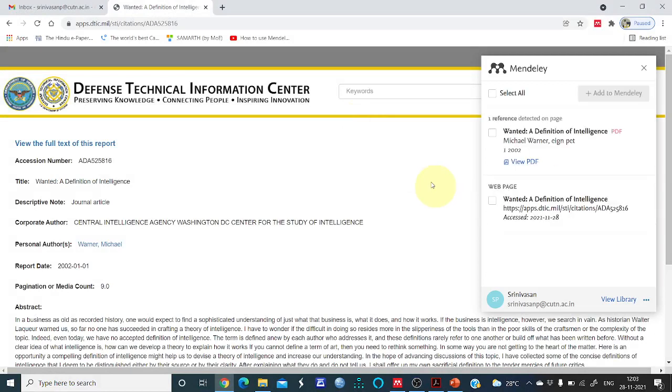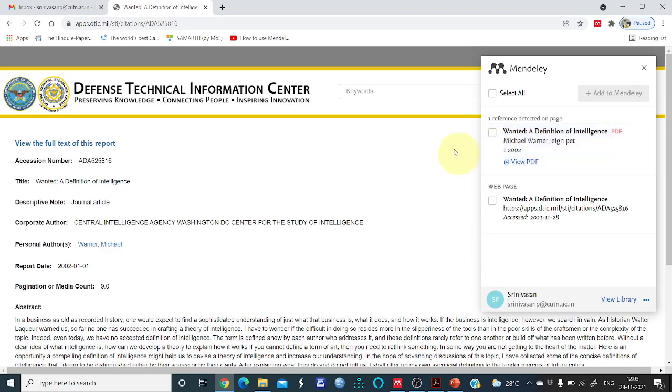Since my Mendeley sign-in email Gmail ID is the same, and the importer sign-in is also one and the same, it has been signed in. Same mail ID, institutional mail ID, both are one and the same from Google. Therefore, it has been signed in. Otherwise, it would ask you to sign in again.